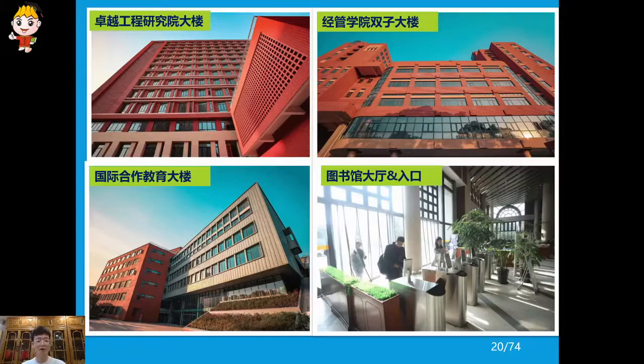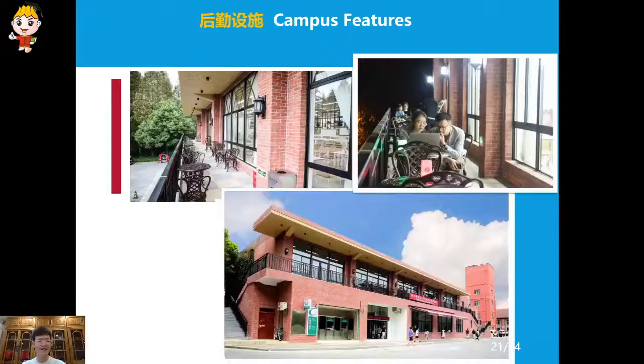On the left column, the lower one is the international collaboration building. On the right, okay, the upper one is a college of the business school. And on the right, the lower one is the library, the entrance, and also the lobby. And all the buildings here are very cozy, right? And this is the campus features.